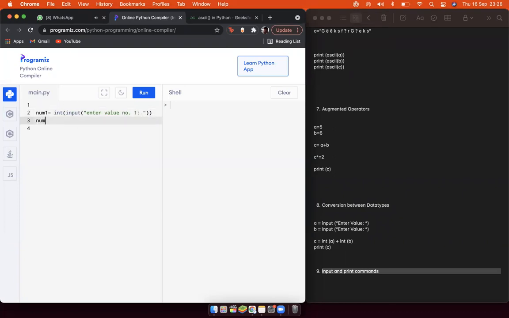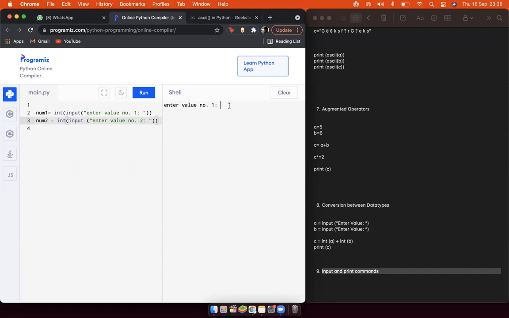So yeah, now I do another thing. num2 equals to int input, "enter value number 2". All right. So it'll ask me to enter the value twice. See, it's asking me to enter the first value.